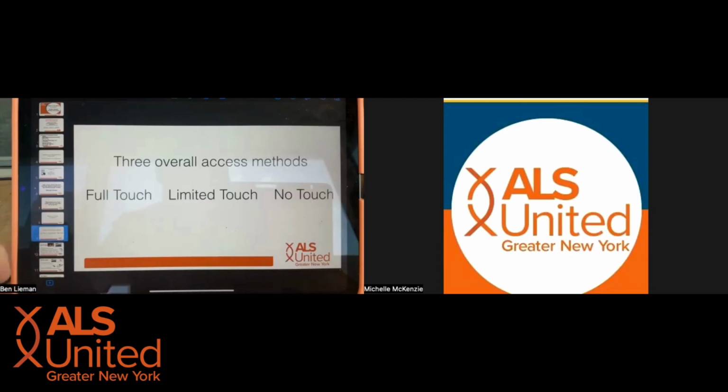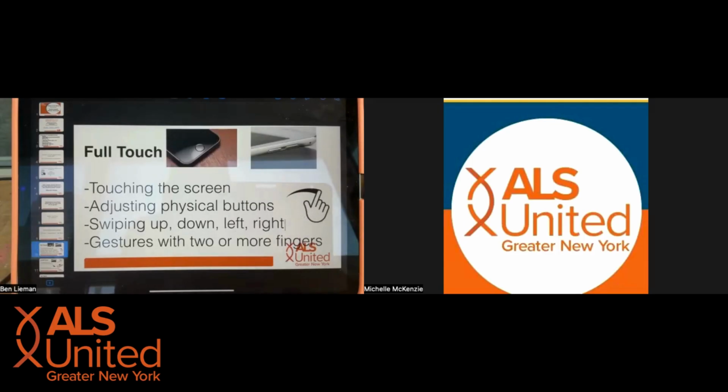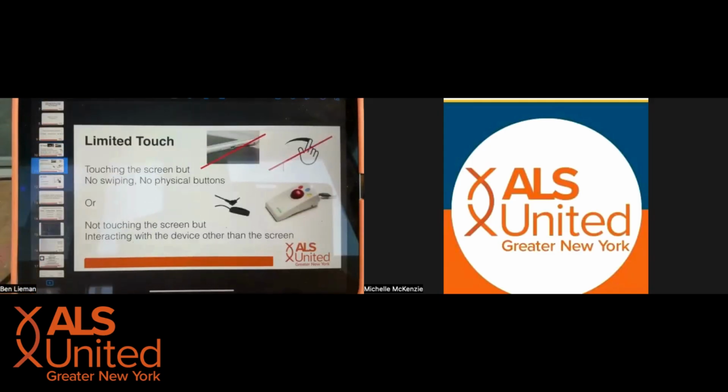All right, so here we go. 3 overall functions of interacting with computers and phone. There's the full touch, which is what is common, that you are touching the screen, you're swiping, sliding your finger along the screen, you're pressing a home button, you're pressing a volume button. There are even multiple finger gestures that you can do with sliding with 2 fingers or 3 fingers. So the objective of this presentation really is to introduce you to the other means of interacting with these same computers and phones through either limited touch, where yes, you may still be touching the screen, but not as much, or there may be